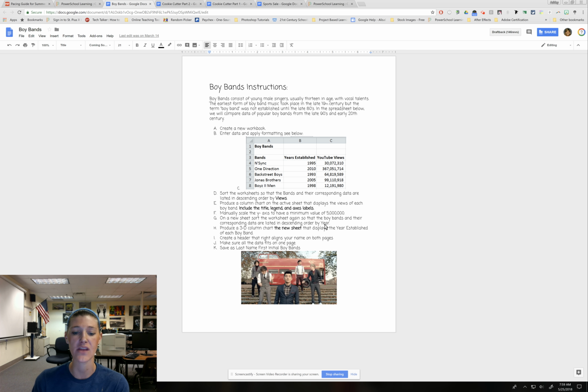So we're going to look at it on the other side. You're going to produce a 3D column chart on that sheet where you copied that data over that displays the years established. Again, you want to create a header that right aligns your name on both pages. You will have to manually put it in on both pages. You want to make sure everything fits on one page,